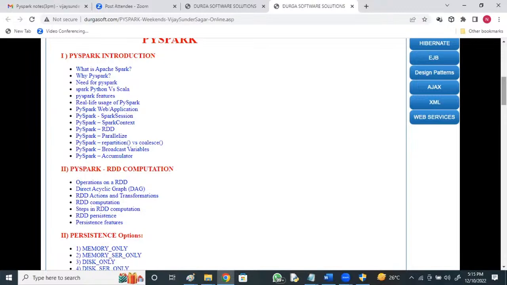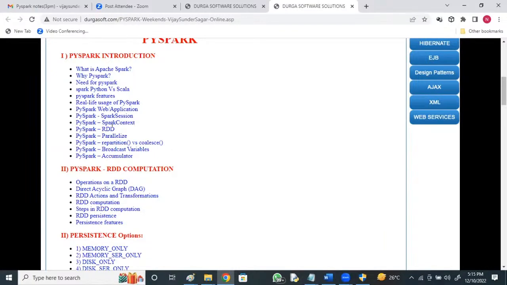Very little code, you see, simple syntaxes, right? For this, many modules, wide varieties of modules you can see, right? Many modules are available for it, and we can easily go for interactive mode. And here you see why Spark, the need for PySpark, PySpark sessions, PySpark context,